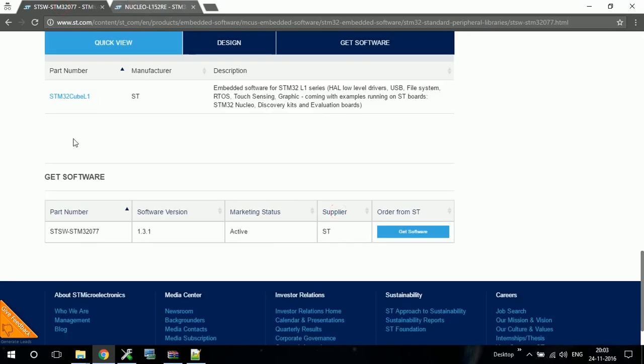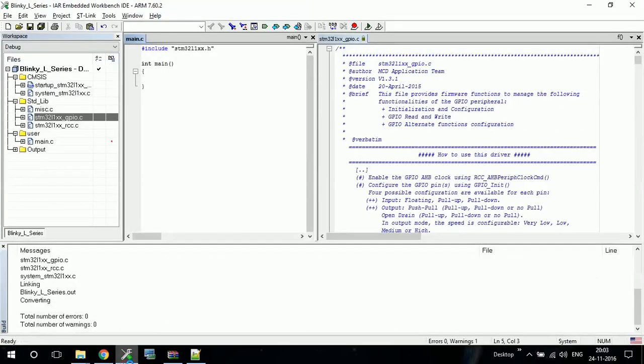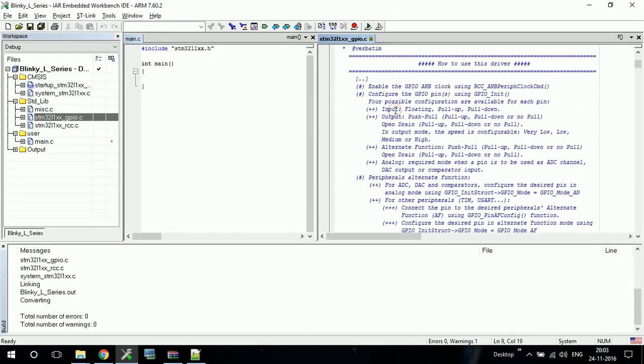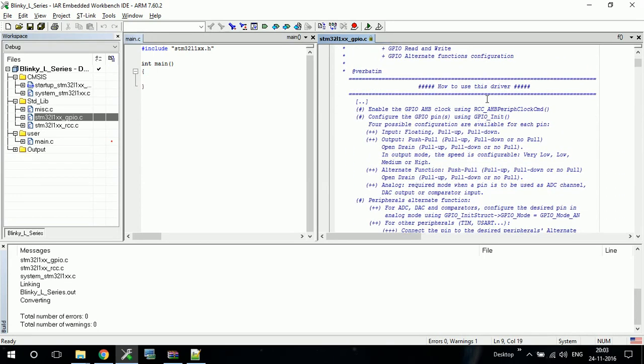So what we'll do, we'll download the data brief also, and we'll again go to our IAR workbench, and we'll see what procedure is given. Only in the F1 series I think this type of documentation is not given. All the other series contain this kind of documentation.